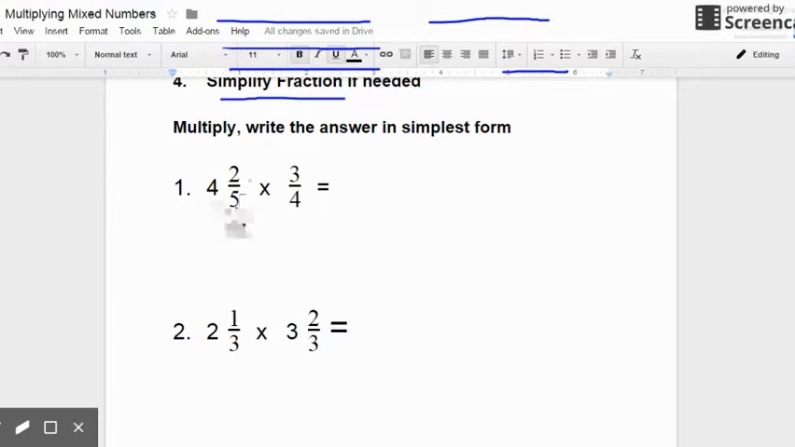So remember, we want to multiply the denominator and whole number together. 5 times 4 is 20. And then we want to add the top number to it to create the improper fraction. 20 plus 2 is 22. So this gives us our